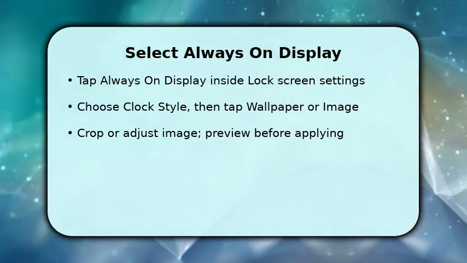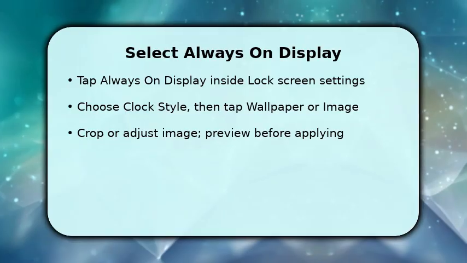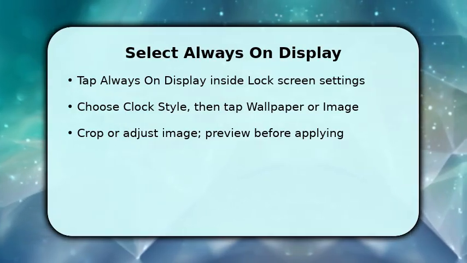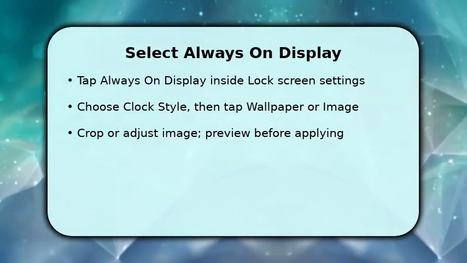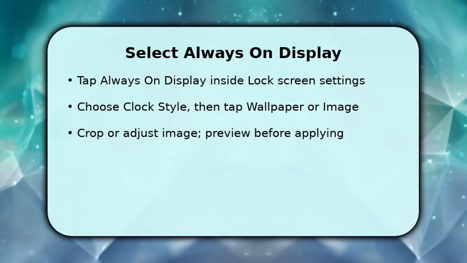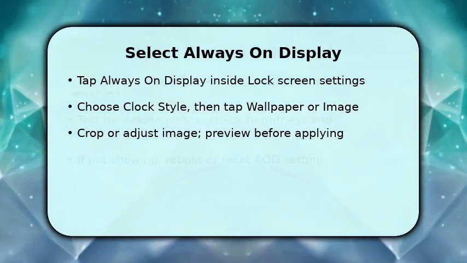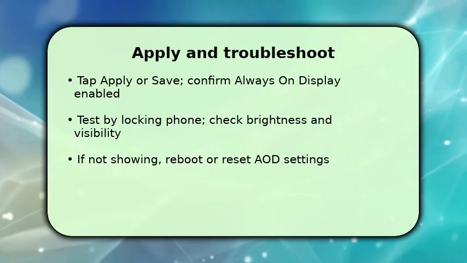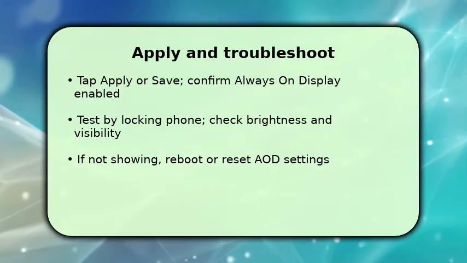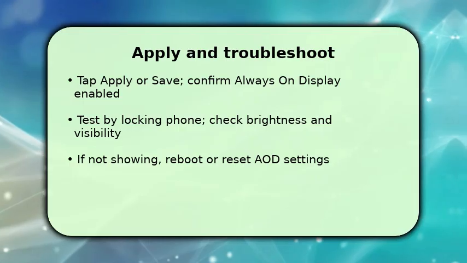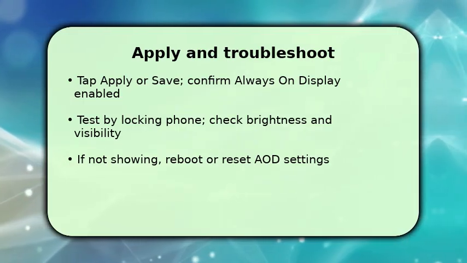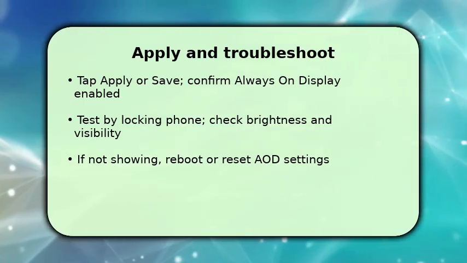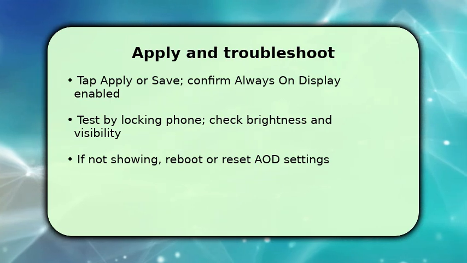Take a moment to preview how the image looks with the clock and notifications. Make sure contrast and legibility remain good because readability matters on the dimmed Always On panel. Finish by tapping Apply or Save, then confirm Always on Display is enabled and set to show on always or scheduled times you prefer. Lock the phone to test how the wallpaper appears alongside clock and notifications, and adjust brightness